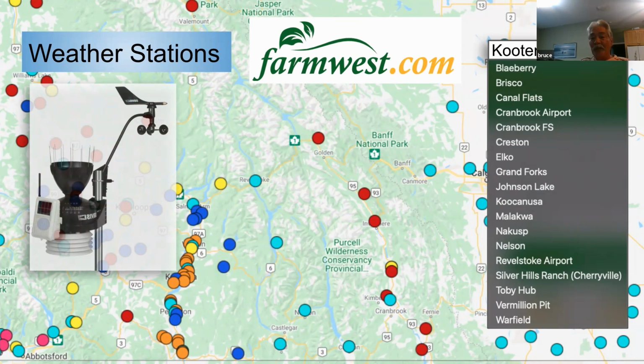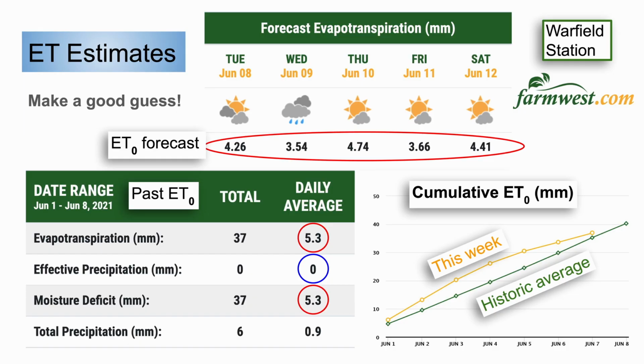Last year we put them in Grand Forks, a big farming community. They were able to put one in. The different colors on here are various ownership groups of the weather stations, but these are all under the umbrella of the Farm West sites. Forecasted ET. For a given area, this particular one is showing some historical data of your ET